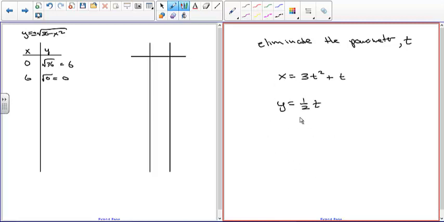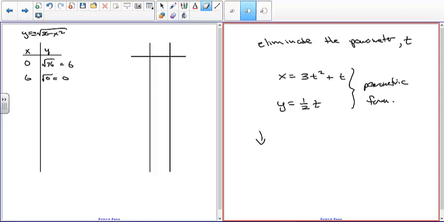I don't know what the function looks like or what the curve looks like. I just made these up. So this is the parametric form. How do I get to the x, y form? What I want is the rectangular form from the parametric form. The way you do it is you solve one of these two equations for t